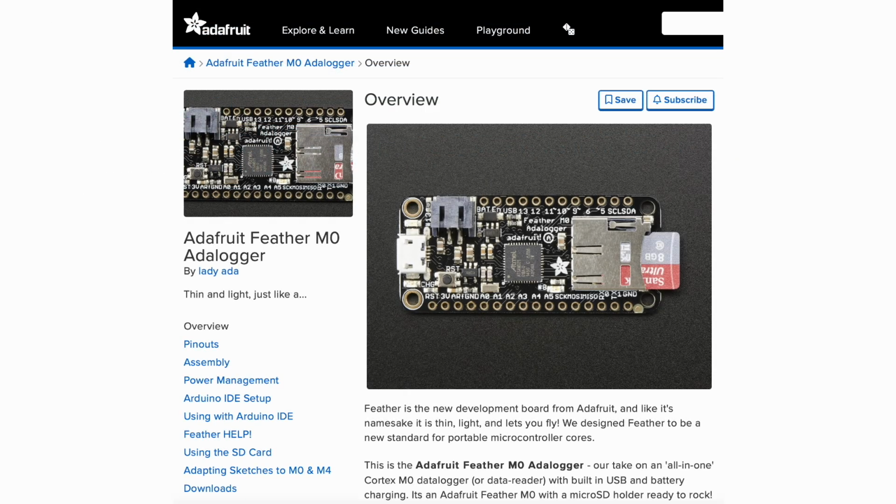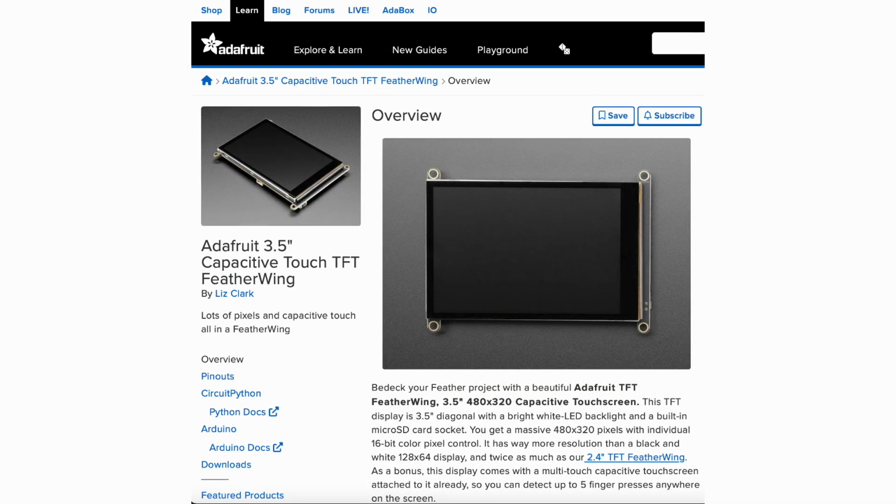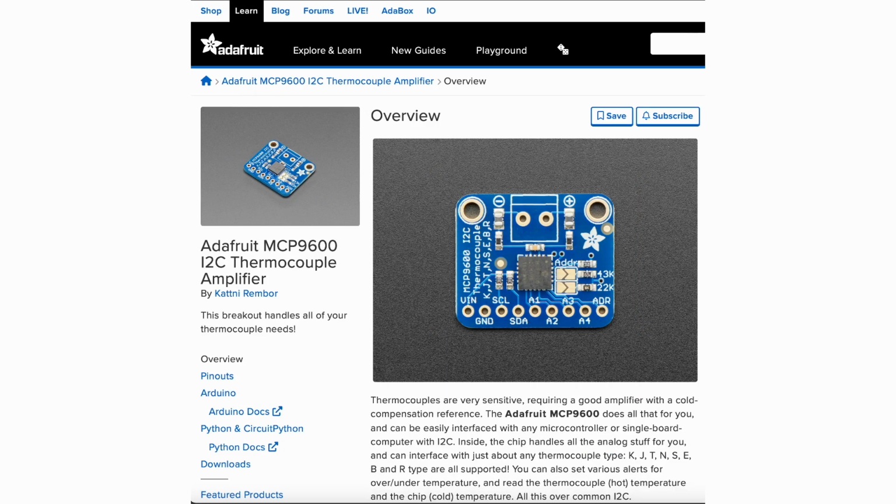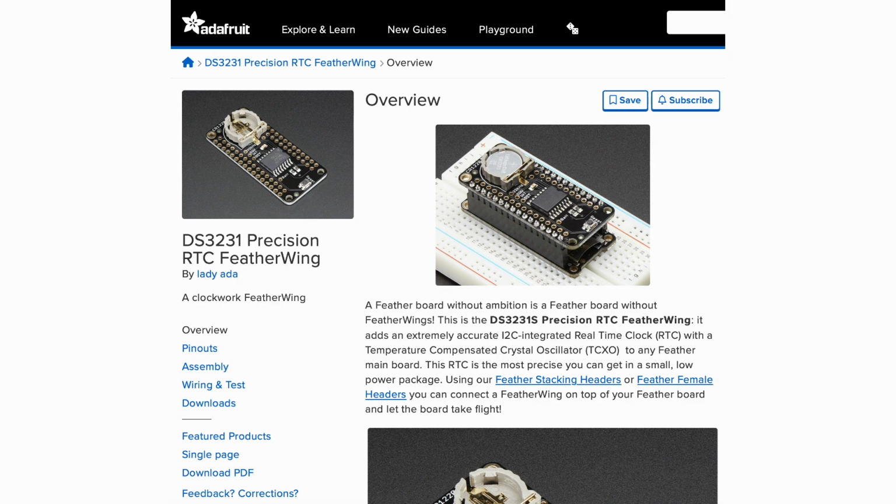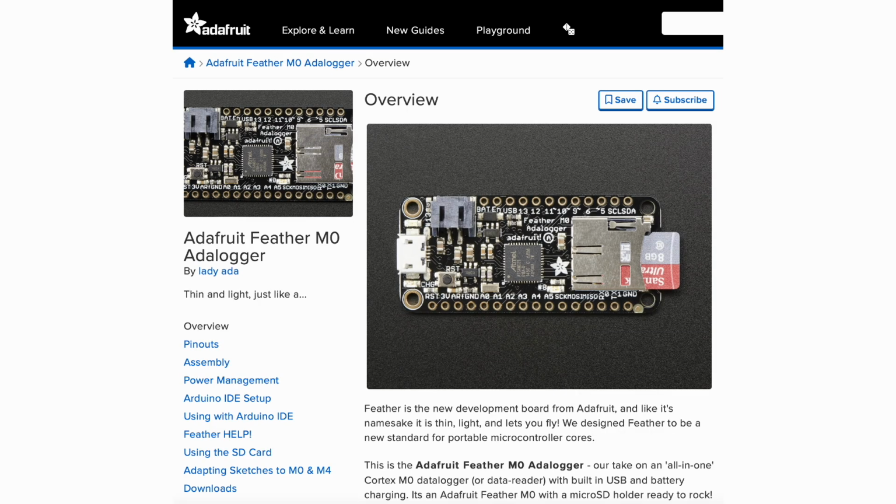Now, for those of you who are new to Arduino, I'll go ahead and include links to all the hardware that's called out in this video, specifically the learning sections that have been prepared by Adafruit, which are most excellent and should get you up and running pretty quickly with respect to setting up your Arduino IDE, identifying libraries that need to be installed in the IDE so that your code compiles, and just getting you on the right foot so that everything works by the time you've got your data logger put together and you're ready to upload that